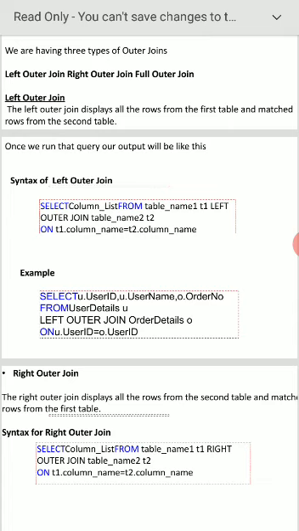Left outer join displays all the rows from the first table and matched details from the second table, whereas right outer join displays all the rows from the second table and matched details from the first table. In the syntax, where you wrote left outer join, here you write right outer join. It will compare and display according to the tables you have created.